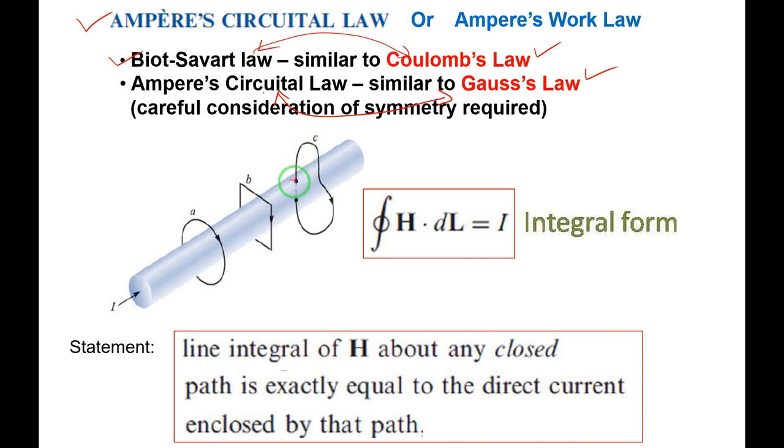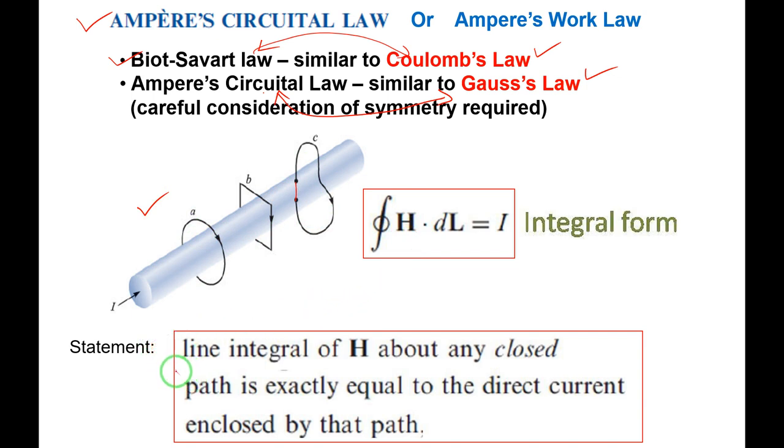Observe path C. It is enclosing, but it is not enclosing the complete conductor. You can see here, it is passing through the middle of this conductor. It is enclosing half of the conductor, not the complete conductor, right? Is it fine? Okay, path A and path B are completely enclosing this conductor, but path C is enclosing only half of the conductor. I hope you understood this diagram. Then we'll define the Ampere circuital law.